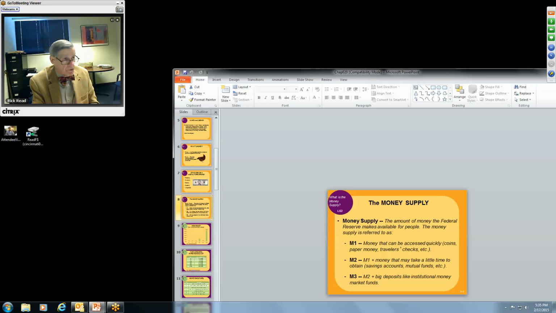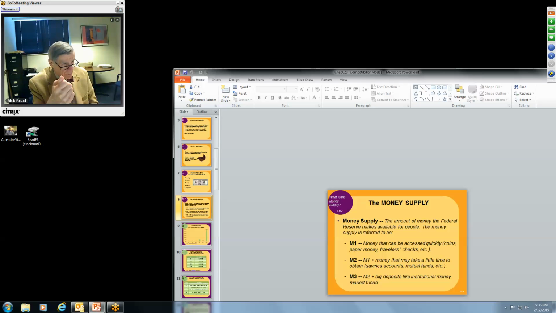This is the money supply. We think that there is scads of money running around the country, and there's a lot of it, by the way. But it's not all easily gathered up to be spent at one time, if it could be spent at one time. Now we have three classifications of money: M1, M2, and M3. M1 is something that we can get to quickly. Paper money, coins fall in that category. Traveler's checks. So we know that we can turn that money into something, or we can get that money and buy it. It's considered to be liquid.